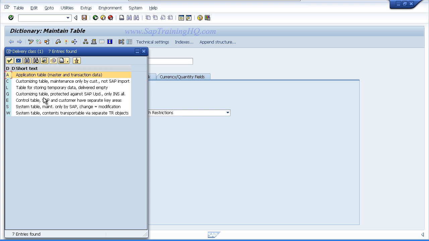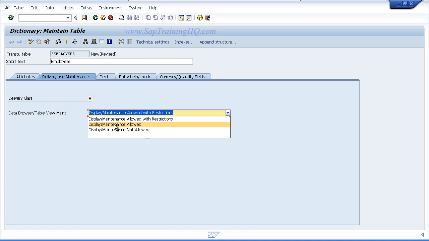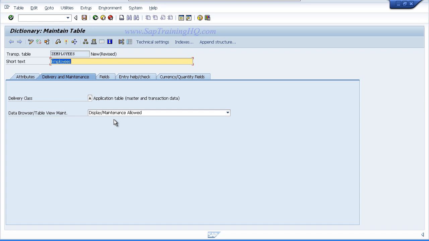Have a read through, but the one we want to choose is Application Table, because we're going to hold master data or transaction data in the table that we are creating. And in the Data Browser/Table View Maintenance field, click the drop down again and choose Display/Maintenance Allowed. This will allow us later on to enter data directly into the table.